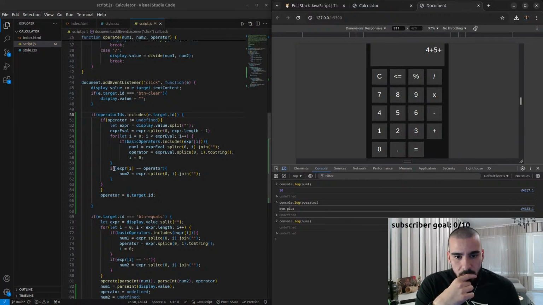If expression I double equals operator. If basic operators includes expression I,